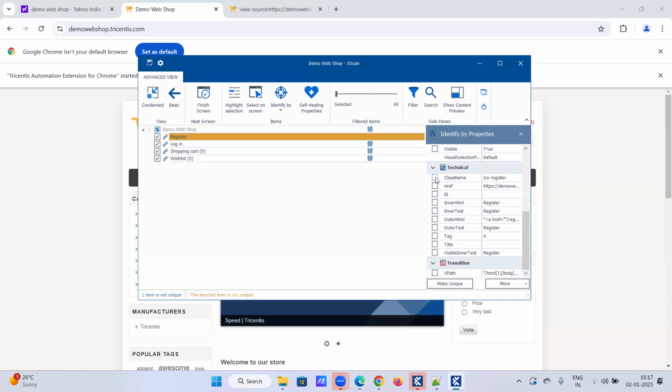First class name, ID, tag, title, these are the best practices. After that only you can choose inner text and outer text. Don't go with inner text and outer text at the starting. And if it is identified, then okay, go through it. But if after class name, ID, tag, title also, you can't identify the control uniquely,